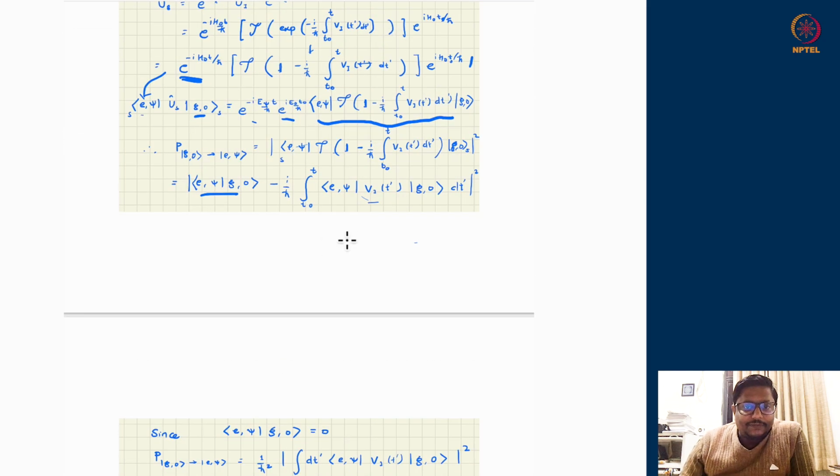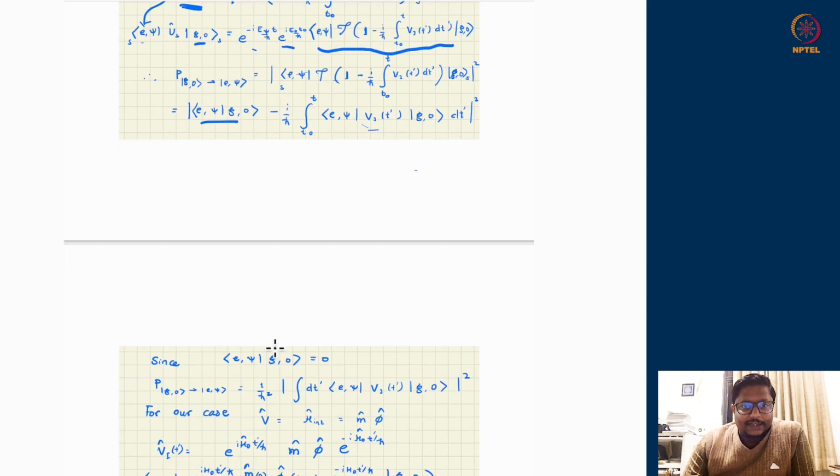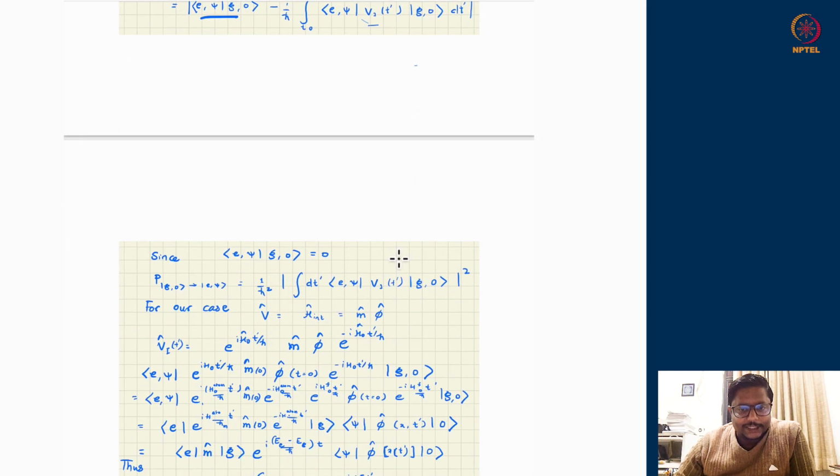So I am left with only the second term's mod square, and the mod square of the second term is 1 over h bar square, because minus iota under the mod square comes out as 1, and h bar comes out under the mod square as h bar square, and then the mod square of this integral. At this point we have to recollect the definition of V_I. The definition of V_I was the perturbation Hamiltonian squeezed between the unitaries of the free Hamiltonian. Our perturbation Hamiltonian is M phi. Recall, in the Unruh-DeWitt detector system, I had the atomic operator M and the field operator phi. So this was my V.